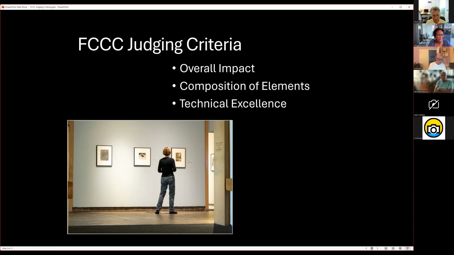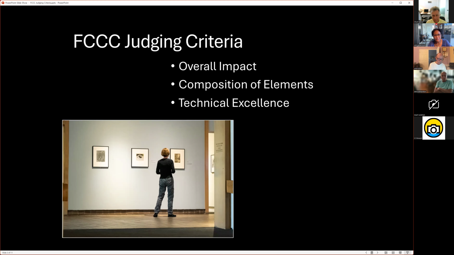Chuck and I will show you some technical points of how to critique your photos. I know that lots of you would love to do that, especially before submitting them for competition. So why self-critique matters? Self-critique matters because you can look at your photos and go a long way in improving your photographic eye and photography skills. The F3C criteria help evaluate your images objectively, just like they do in the competitions. So for the FCCC, I'll say F3C. The FCCC is just too long.